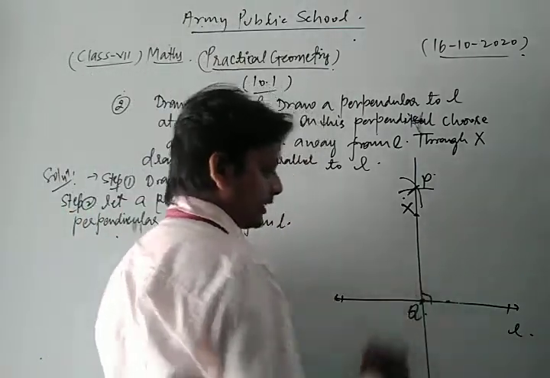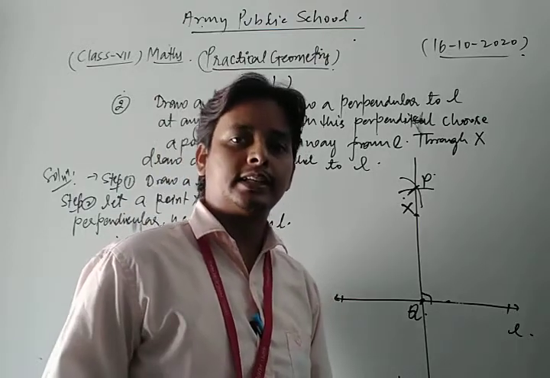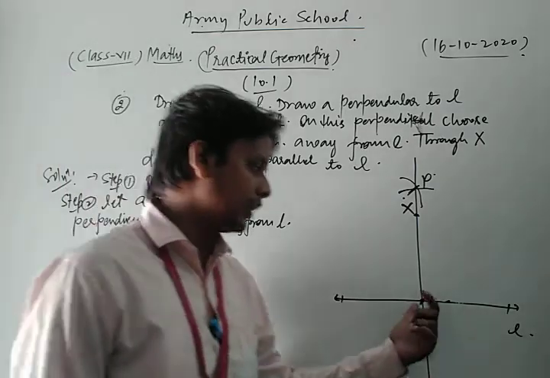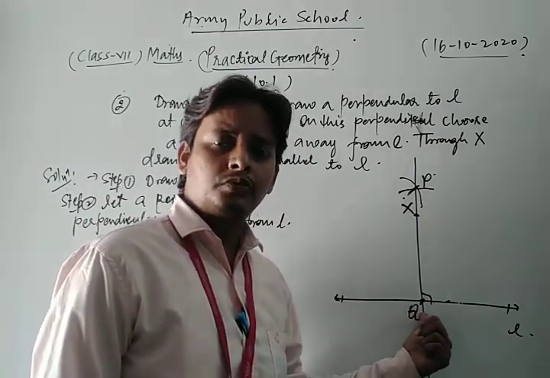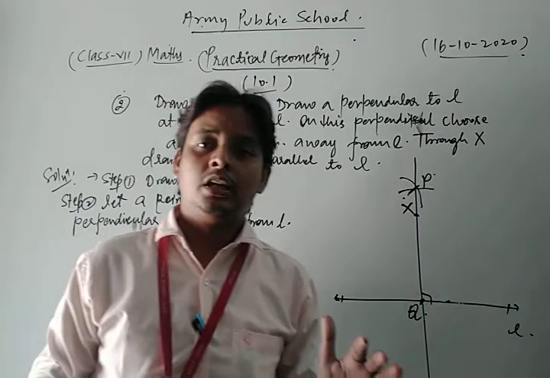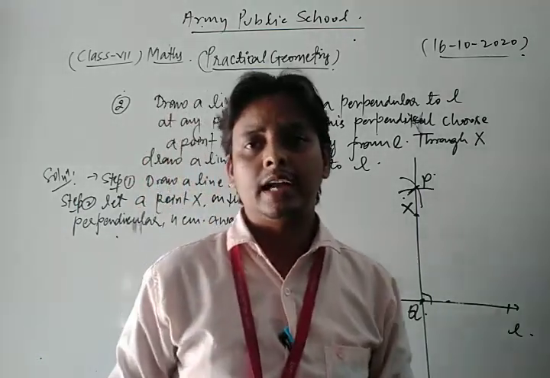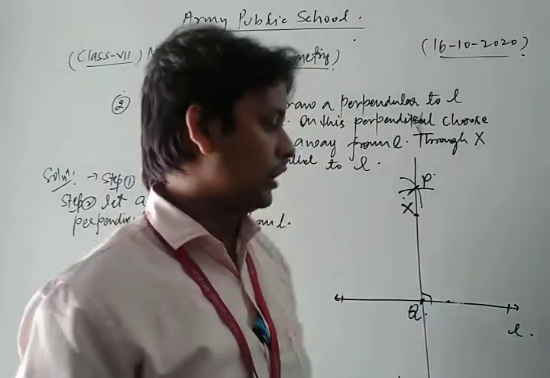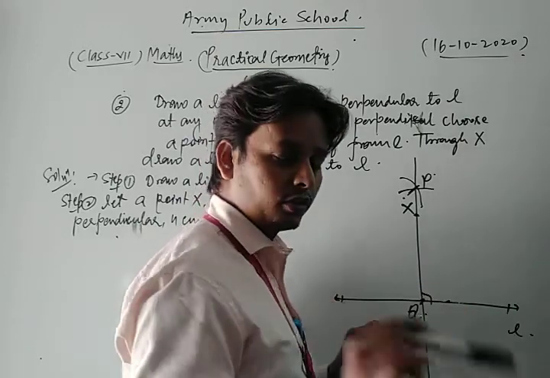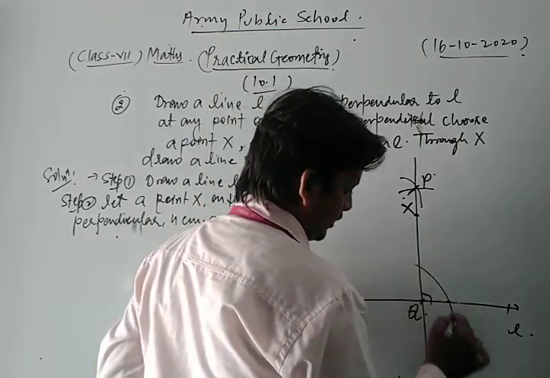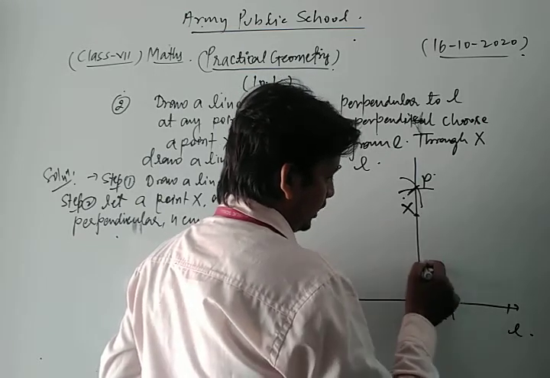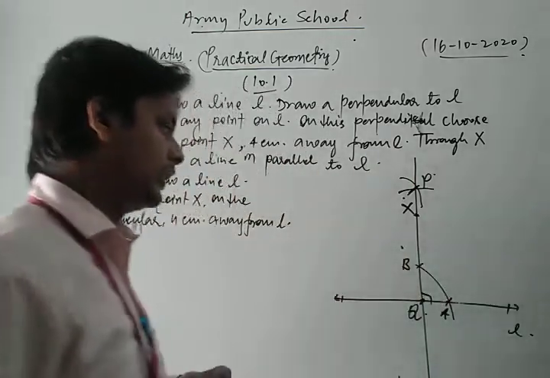Now we take Q as center and any convenient radius. Yesterday I discussed that topic. Because parallel lines are drawn only with the help of ruler and compasses, we put the tip of the compass at point Q and take any convenient radius. We draw an arc in this way which cuts the line at point A and the perpendicular at point B. Dear friends, now look.